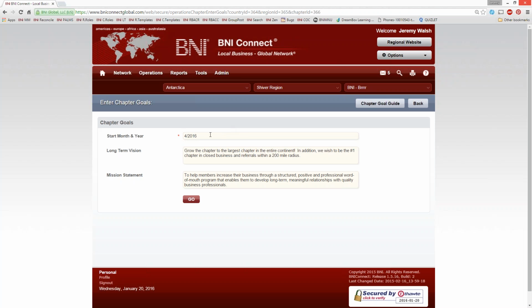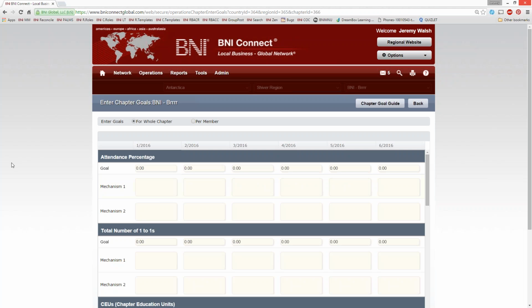So what I'd like to do is actually just start planning goals from January. So I'm just going to go back and choose January. As I said, you can choose any time period you want to. And if you want to do a whole year's worth of goals, do this first 6 months and then do the next 6 months afterwards. So I'm choosing January 2016 and I'm going to click Go. When I do that, the screen is going to change into more of a spreadsheet. Now we'll be entering the actual goal numbers for the upcoming 6 months. And this is where it makes a 6-month spreadsheet for you to work with.